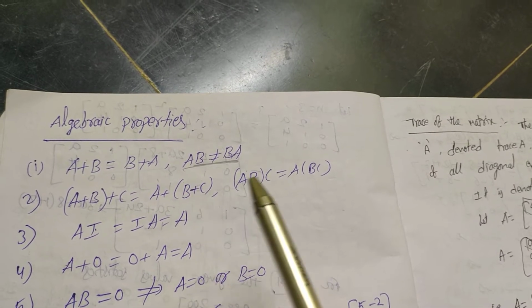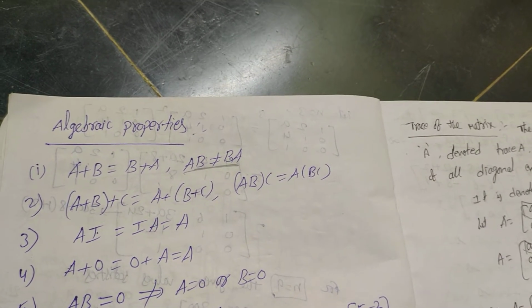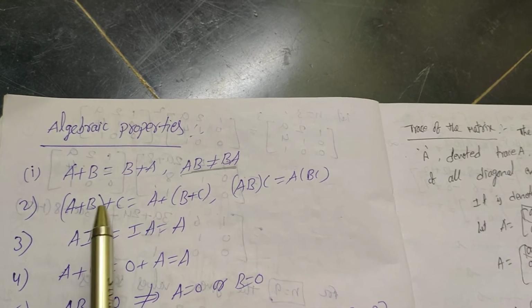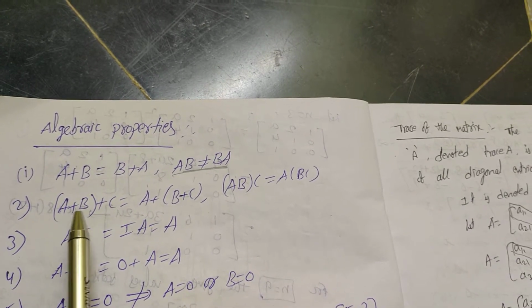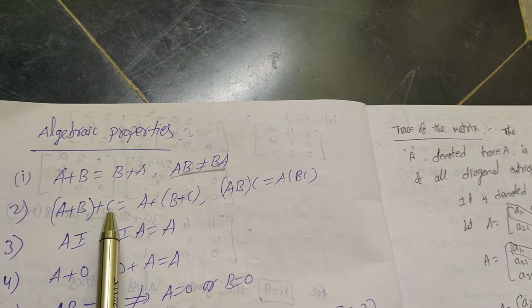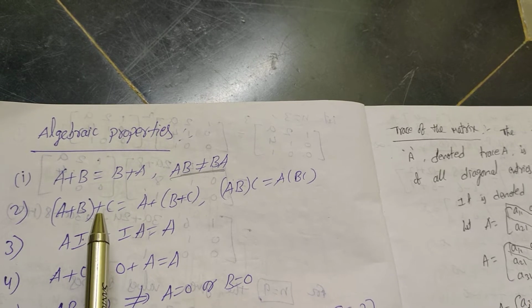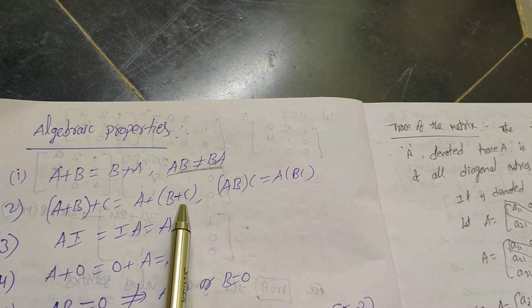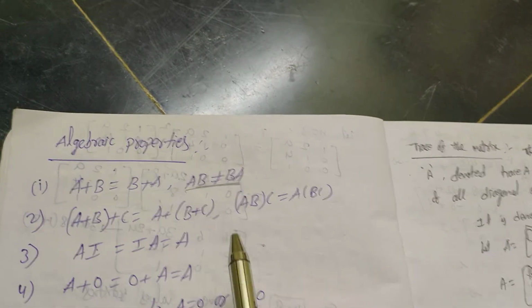You take some examples. You take different matrices A, B, C, three matrices you take, and first you add these two, and for the resulting matrix you add C matrix. So what answer do you get? Same thing you get for this one. First you go for B + C, for the resulting matrix you add A, so you get the same answer.